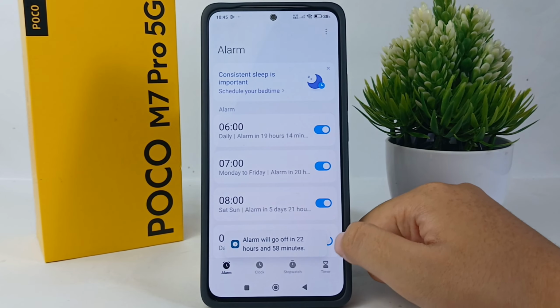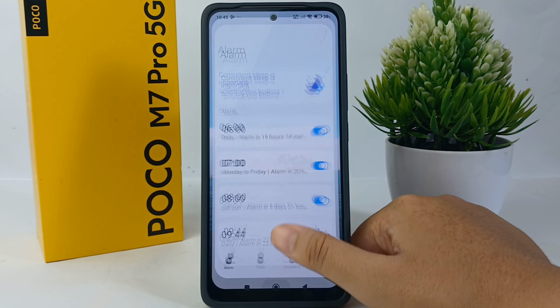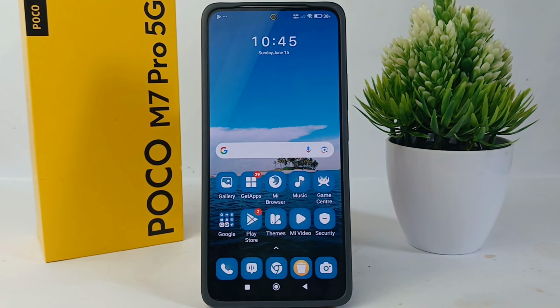Alright guys, so here the alarm is already on, and so here's the tutorial on how to turn on the